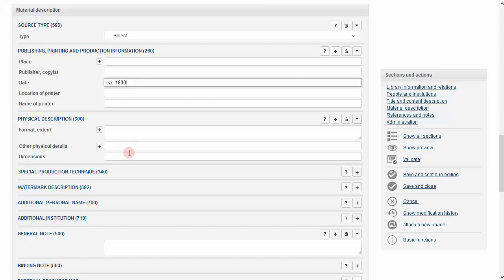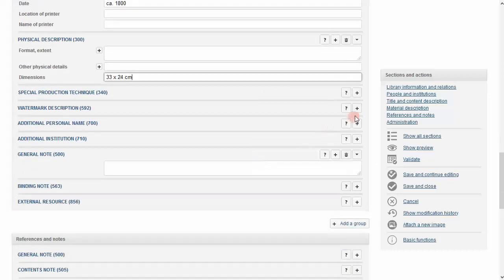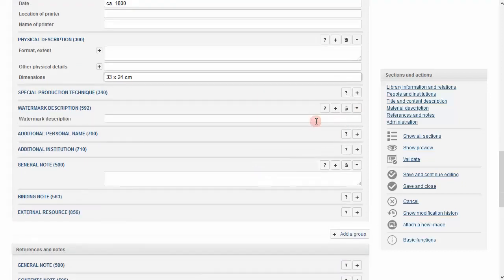If you have dimensions, enter them. Again, this refers to the dimensions of the bound volume. Watermarks would be relevant to elements like flyleaves that belong to the binding structure, not the watermarks on the pages of the music itself.